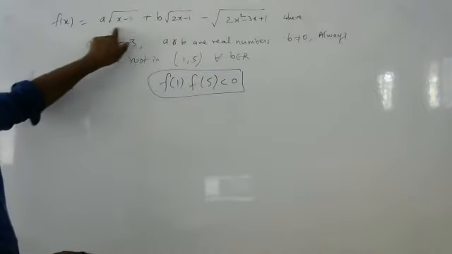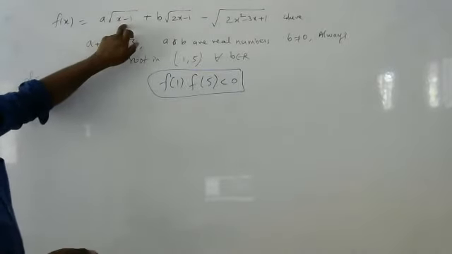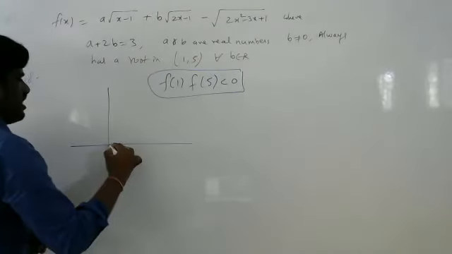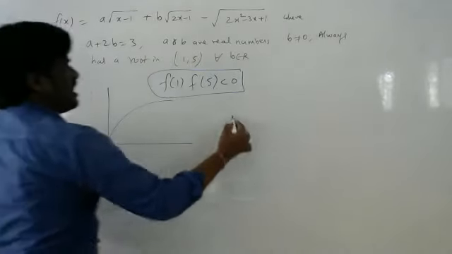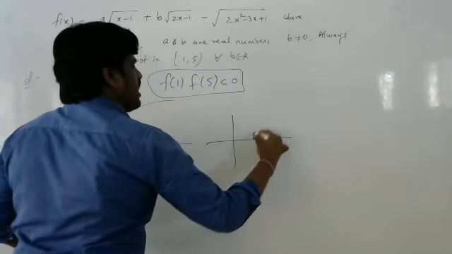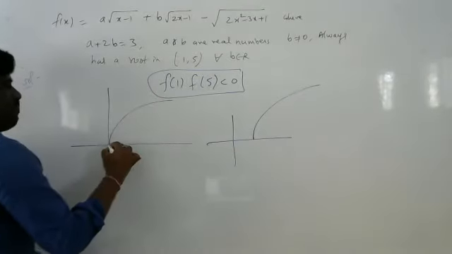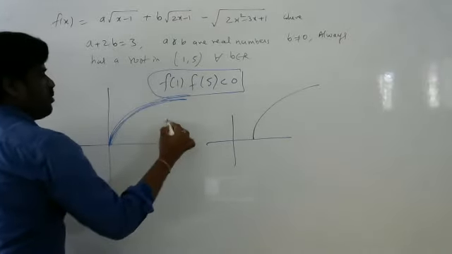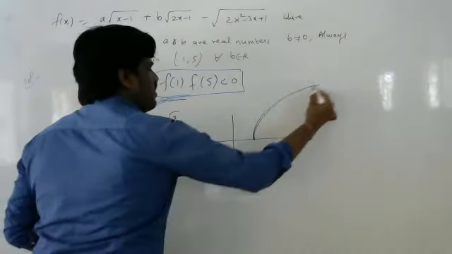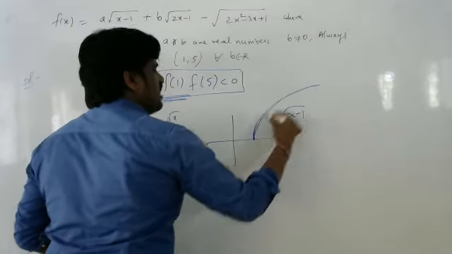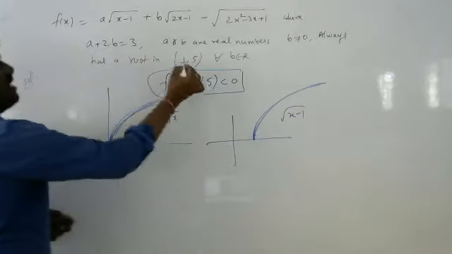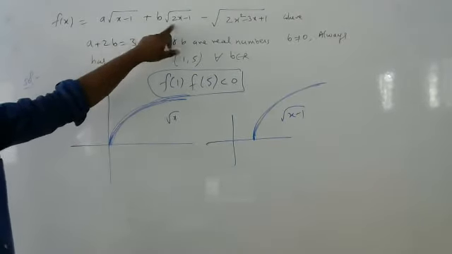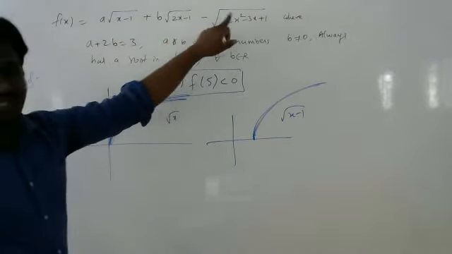I want to check only this one: square root of x minus 1, continuous or not? Yes. The square root function, how does it look? This is the square root function. If I say x minus 1, at one place you get a square root shape. At zero place it is the square root function. This is the graph of square root of x, and this is the graph of square root of x minus 1. It is a continuous function in the interval 1 comma 5. This is positive in the interval 1 comma 5. So it is continuous, it is continuous, it is continuous.